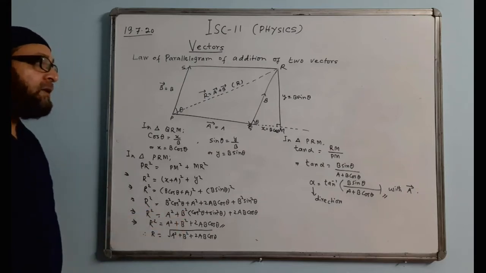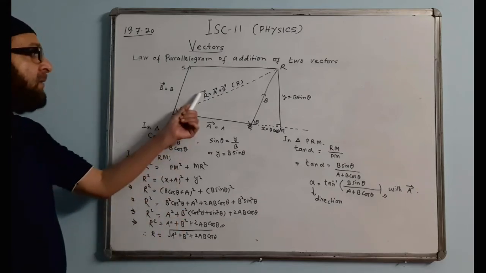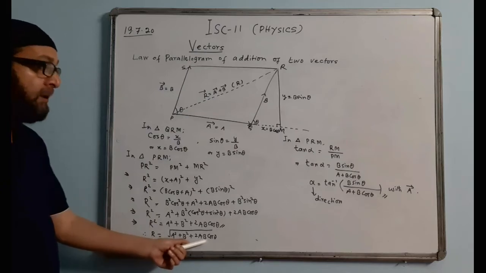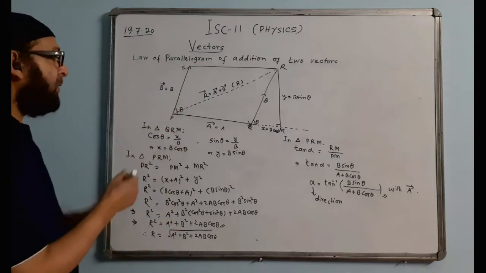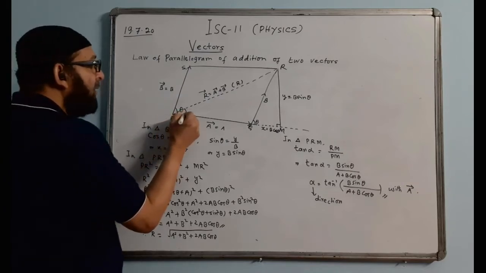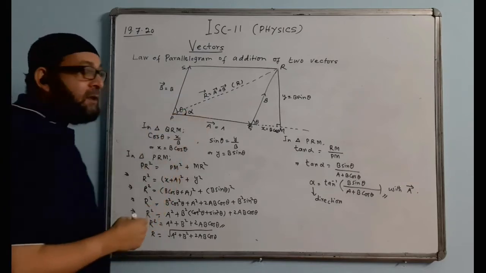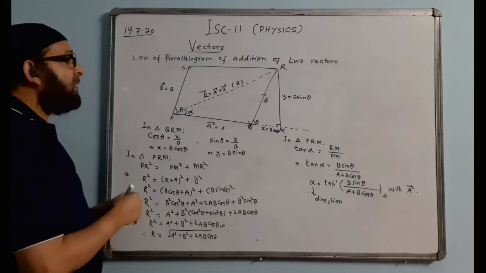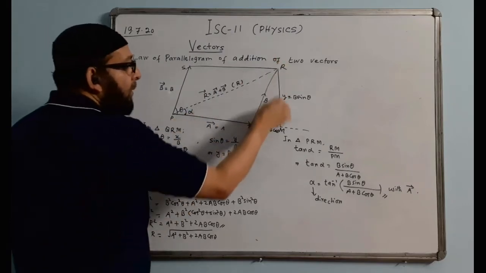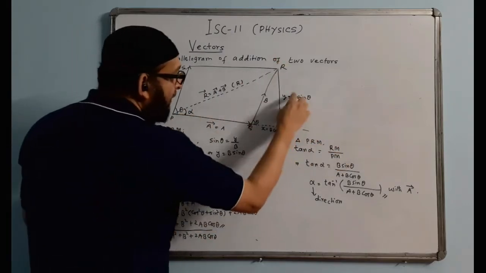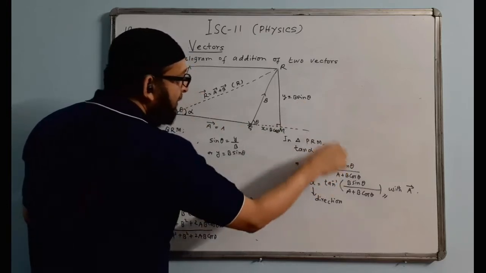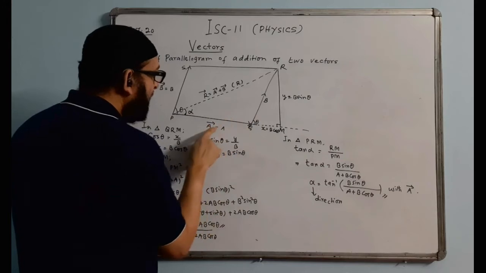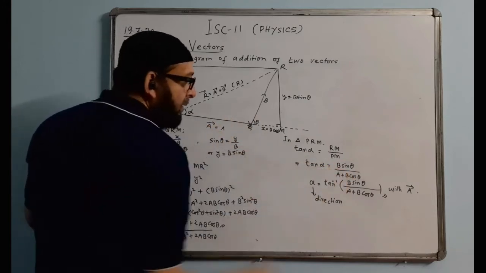Now what about directions? R must have magnitude, and the magnitude is given by this formula. What about the direction? We find the direction by finding an angle. So the angle between PR and this side we take as alpha for the sake of direction. And tan alpha in the same triangle will be equal to perpendicular by the base, that is RN by this value PM. The RN value is b sin theta and the PM value is a plus b cos theta. I will be writing that.